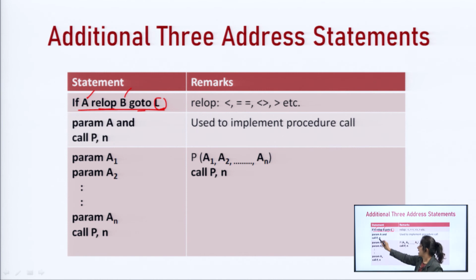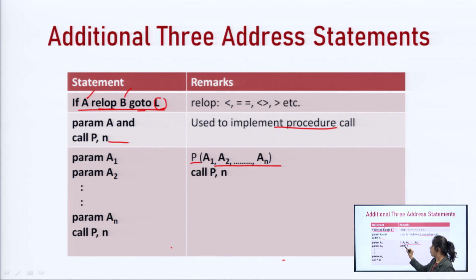Now, next is parameter A and call P comma N. This is the procedure call, where the name of the procedure is P and the number of parameters is N. Before this we write parameter A. In the most generic form, suppose we have a procedure P with parameters A1, A2 up to AN.